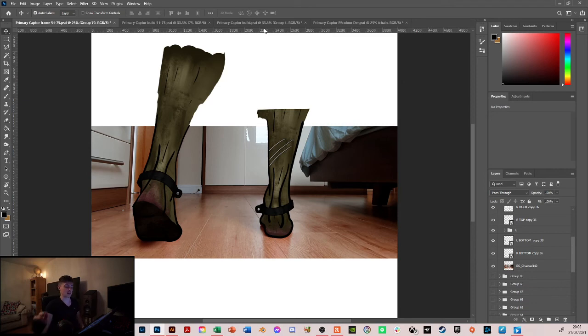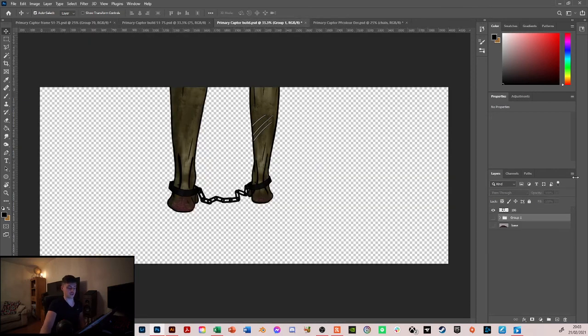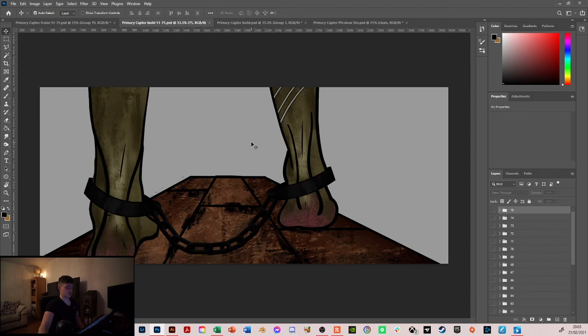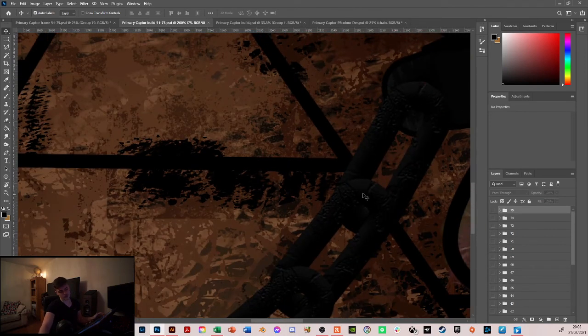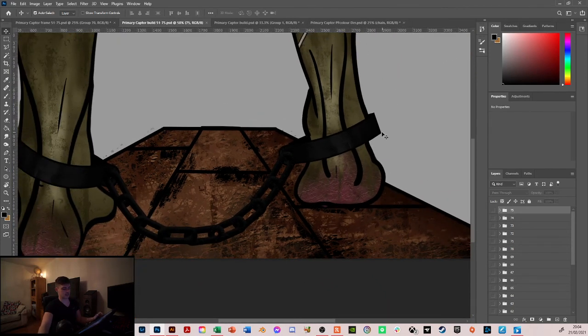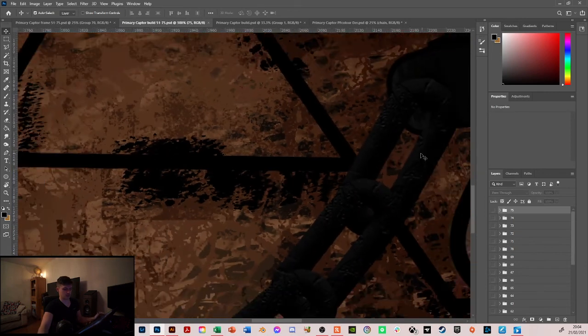and just exported all the legs and got rid of all the layers to shorten my file sizes down, and then jumped in to a different file, made a small floor and added the chains in between. So with the chains, what I essentially did was I took a point at which the legs were going to be roughly the same distance from the camera and made a small hook shape, just textured and shaded as a chain loop essentially, and put that between my